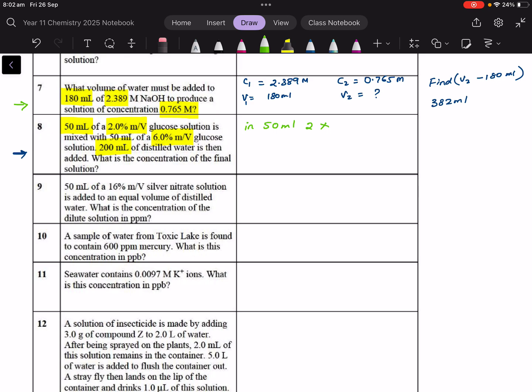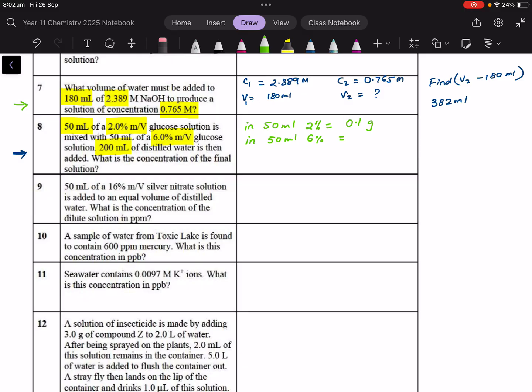So it's basically half of, because it's percentage, meaning out of 100. So in 50 mils, you would have half the quantity, which is 0.1 gram. And in that other solution, in the 50 ml 6% solution,